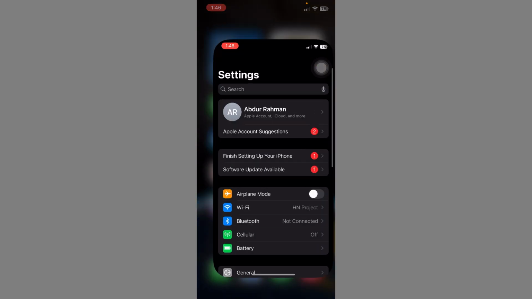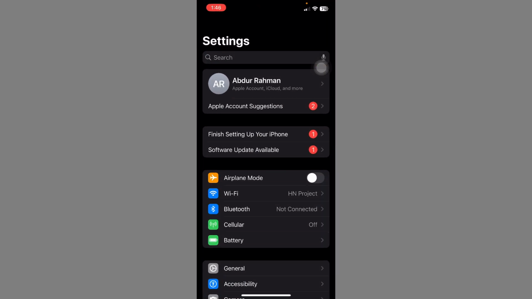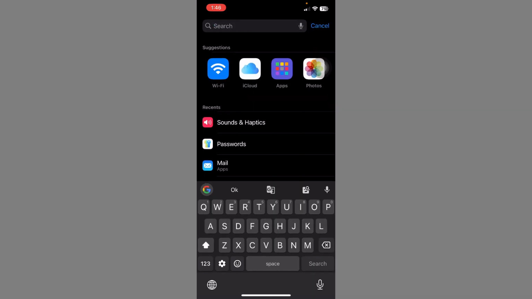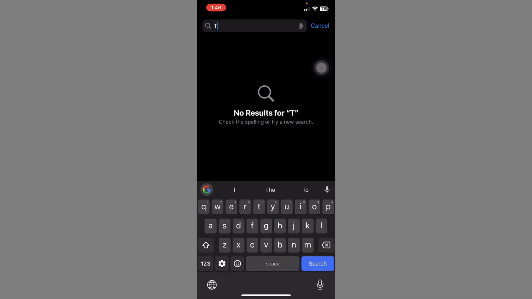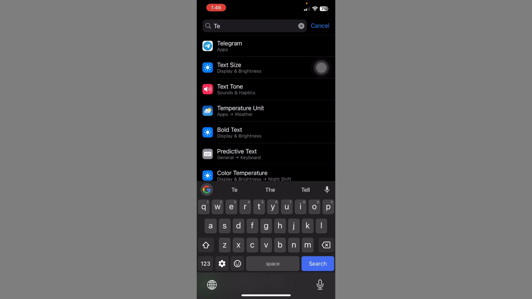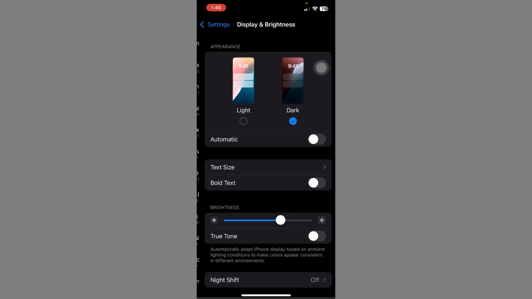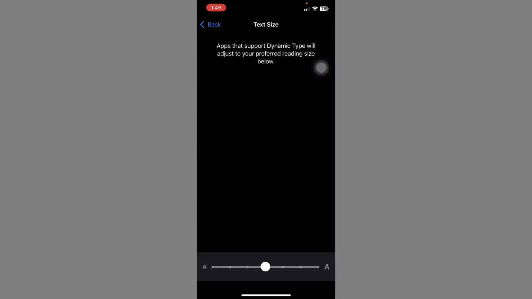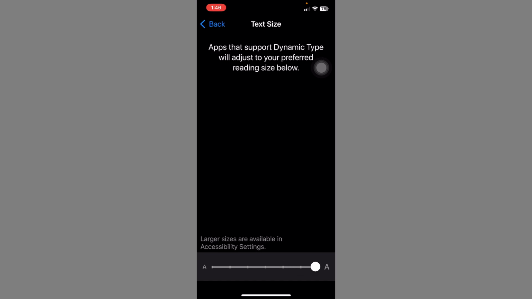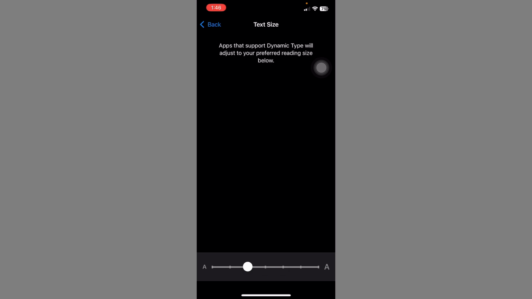Click on settings. Search on text size. Okay, then click on text size, then click, then this volume, then swipe right, then up your size, then down,